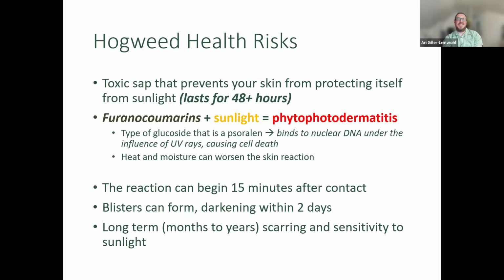One of the reasons I'm really touching on it is the phytodermatitis, the glucoside, the chemical that's actually in the cow parsnip, the giant hogweed, and then the lower concentration of the wild parsnip. It's not so much that it directly causes injury, but it completely breaks down your skin's protection to UV. So within 15 minutes of contact, you really need to wash it off and get covered up as soon as you can. I would say like emergent care, but in the field, making sure you can do positive ID, avoid